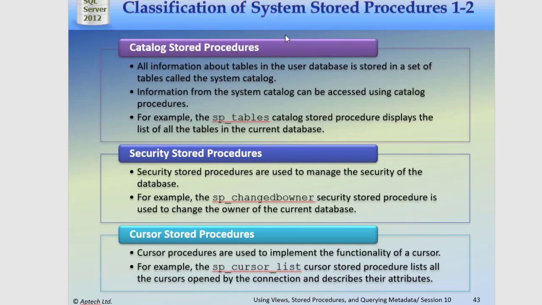Classifications of stored procedures. Now, we're going to start here in the next session. So for this session, we are actually through,